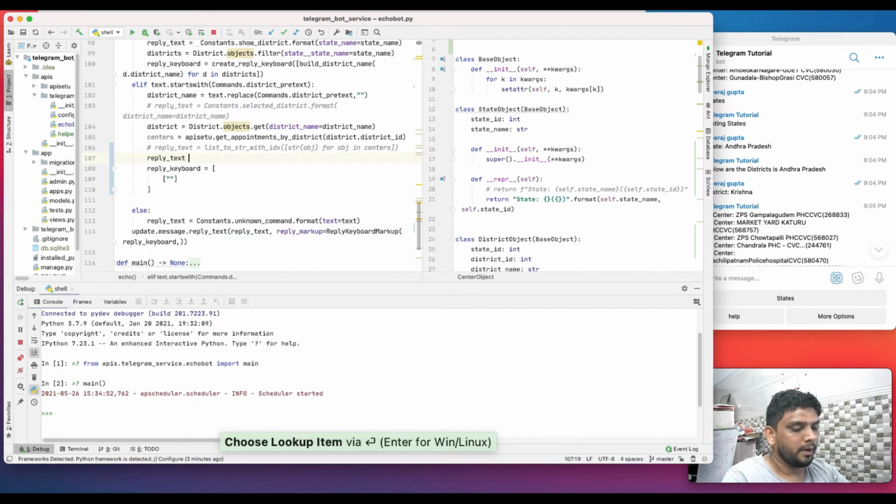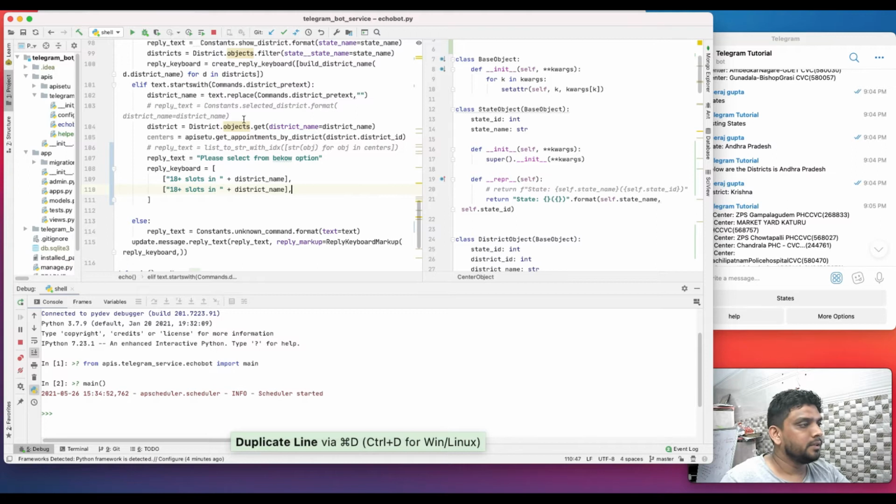Let's say reply text equals please select from the below options, and the user says okay, 18 plus slots in district name, or 45 plus slots in district name.